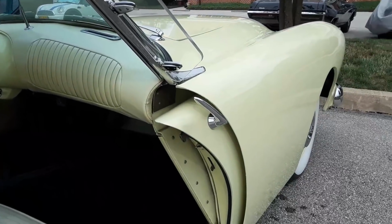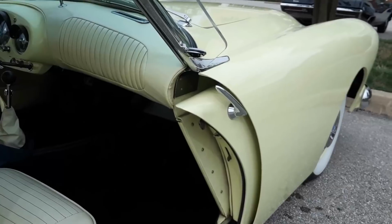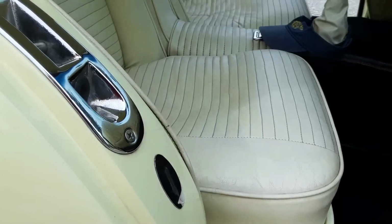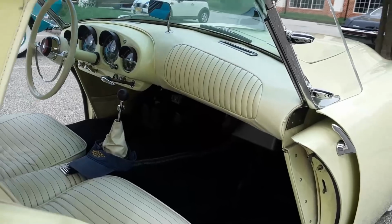And the other main feature, check out the way how the doors work. They slide into the front fenders. Is that cool or what? You can see the track right down there, securing right over there. These cars are fascinating